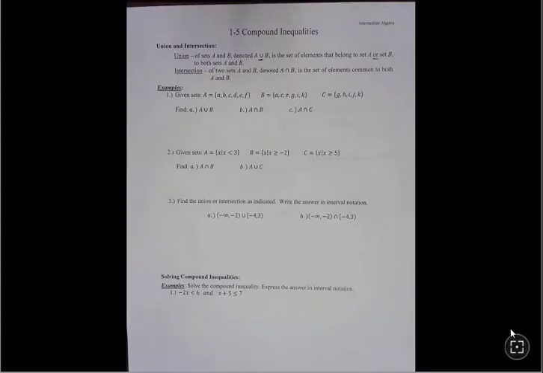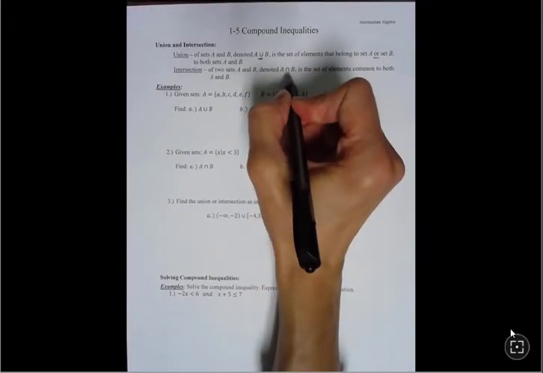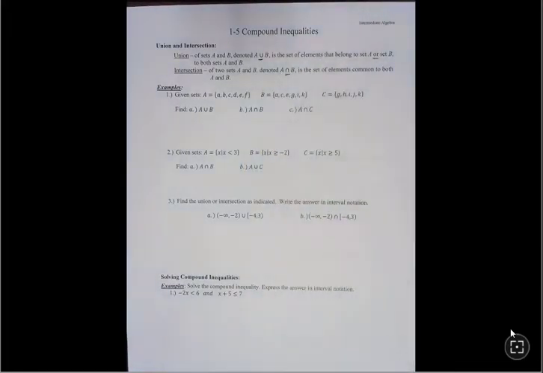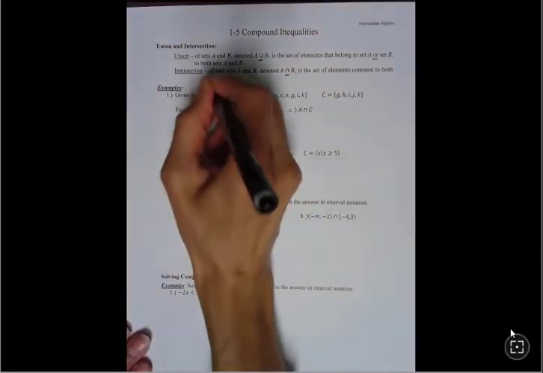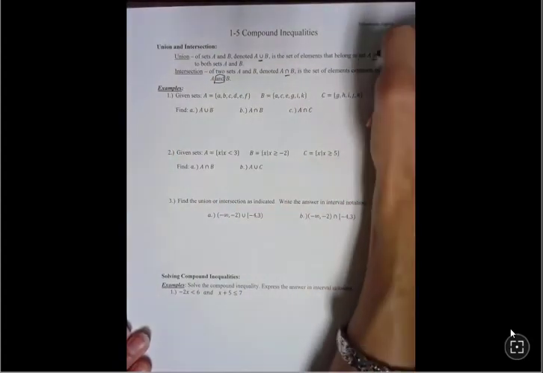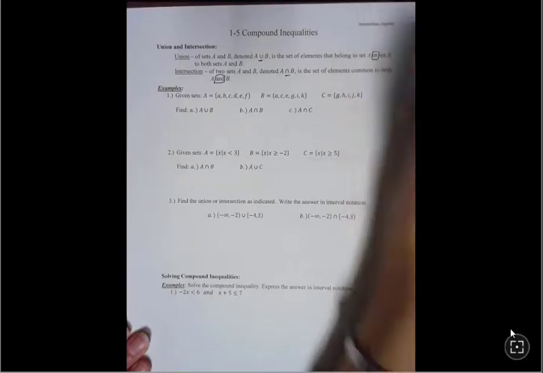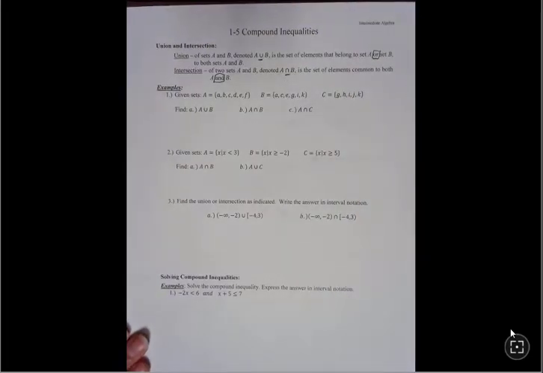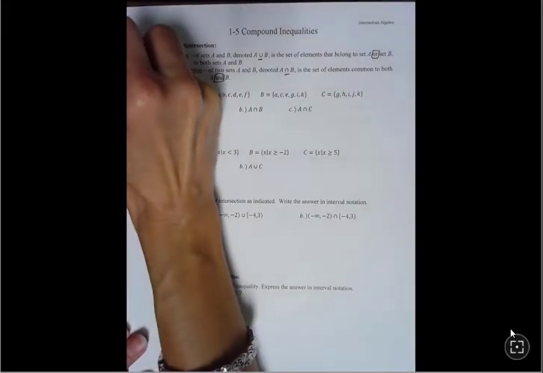And then intersection, which is denoted with this upside down U symbol, is the set of elements common to both A and B. So those are the key words in each of these. This is and, meaning it has to be part of both, and this is or, which is one or the other. Okay, if we want to think about it in terms of a Venn diagram, which you may be familiar with,